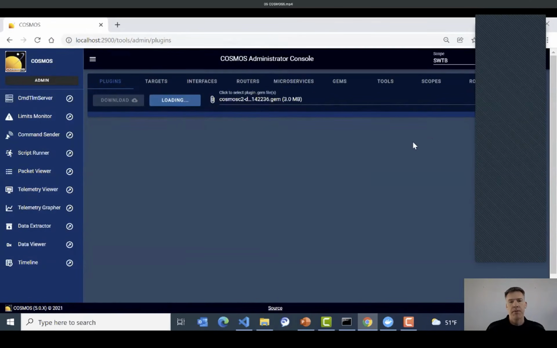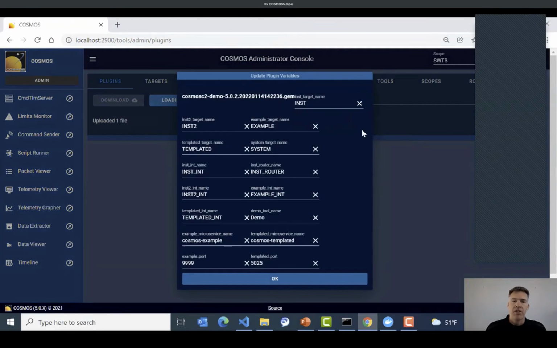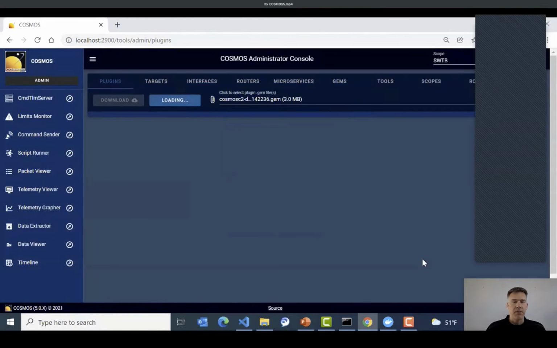When I upload this, it prompts me for all the different variables that I can change. So all these target names, interface names, things like that. If I just put SW_ in front of a few of these things, just to demonstrate that this will show up as changed, we'll do the interface name of these targets. That's going to show this is our software test bench. In reality, you'd probably want to change a whole bunch of different things. So I'm going to let that upload and install, and in the meantime, I'm going to log out of this admin user